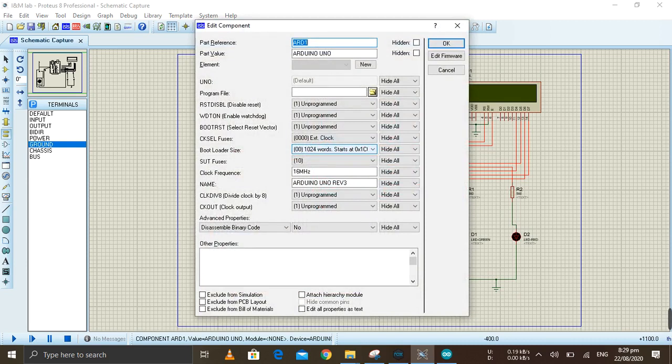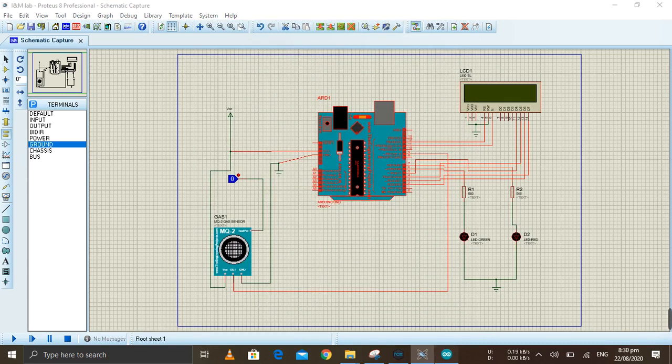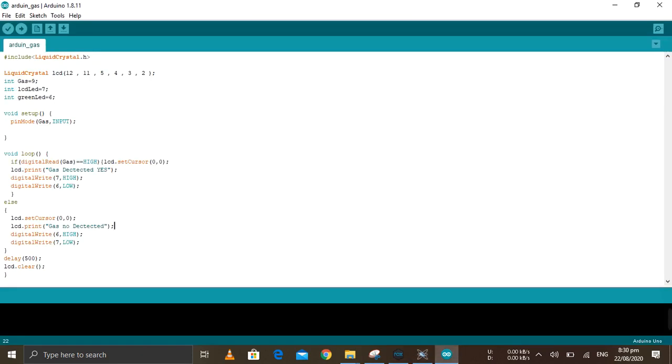Now the Arduino hex file. For this purpose we use Arduino software. I have written all the code, compiled it, and I have generated the hex file.